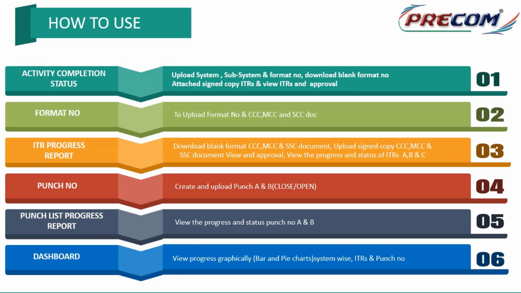If it is format 1, there are certain checklists for all the disciplines and all the open points. The format has to be filled and then uploaded into the system. So like this we go in stages, and after completion of CCC there may be a walkthrough, and then punch points will be raised. There can be punch point categories like A category punch points and B category punch points, and all the punch points have to be closed.